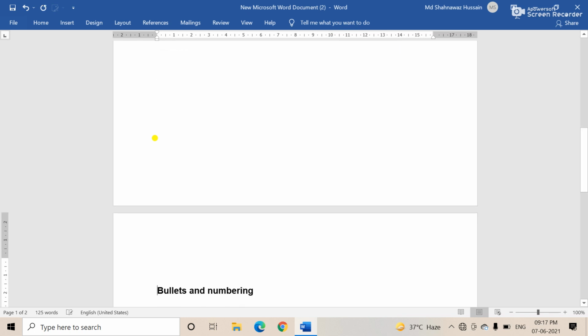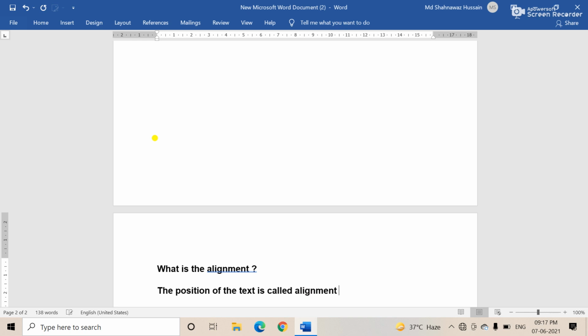I am writing here what is the alignment. So what is the alignment? The position of the text, or the location of the text. The position of the text is called alignment.